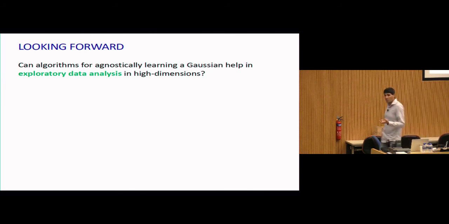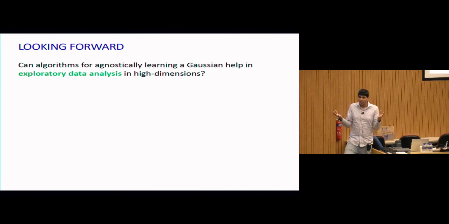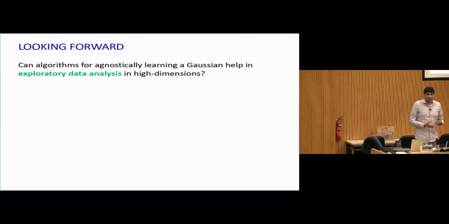So this basic idea is not just removing noise that's been added to your data, it's also a question of just exploring the high dimensional data sets that you have. In fact, a lot of high dimensional data sets, when you project them randomly, look Gaussian. So the things that you're really looking for to get a handle on what the data set looks like are the projections that look really non-Gaussian. So one of the things that I want to think about going forward is how to use these types of tools for exploratory data analysis. What can taking real-world data sets and looking for the non-Gaussian projections teach you?